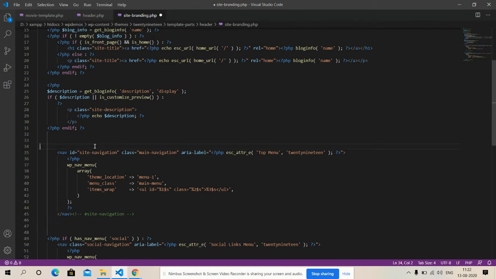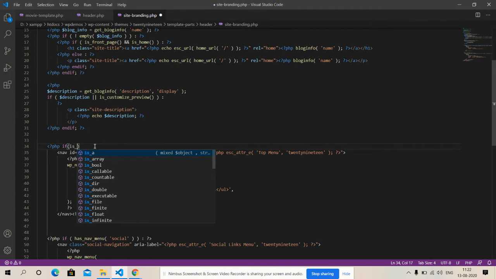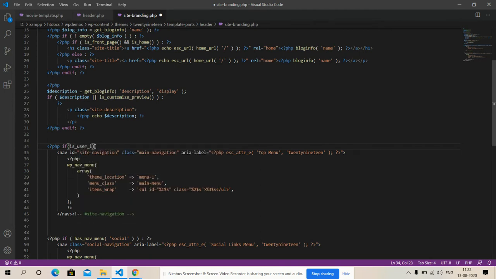Now I will add the PHP code for login. PHP, if is user logged in, curly bracket start, and here I will make PHP, curly bracket close.